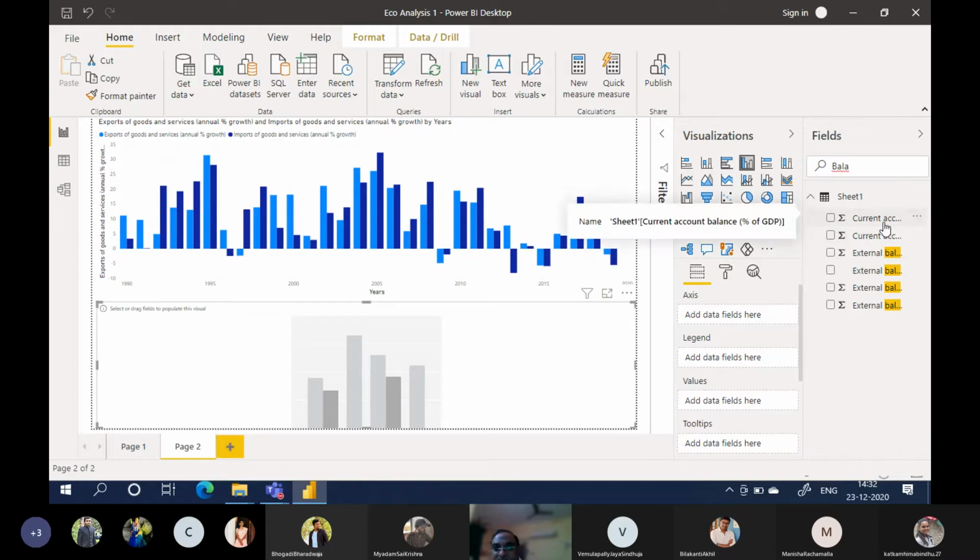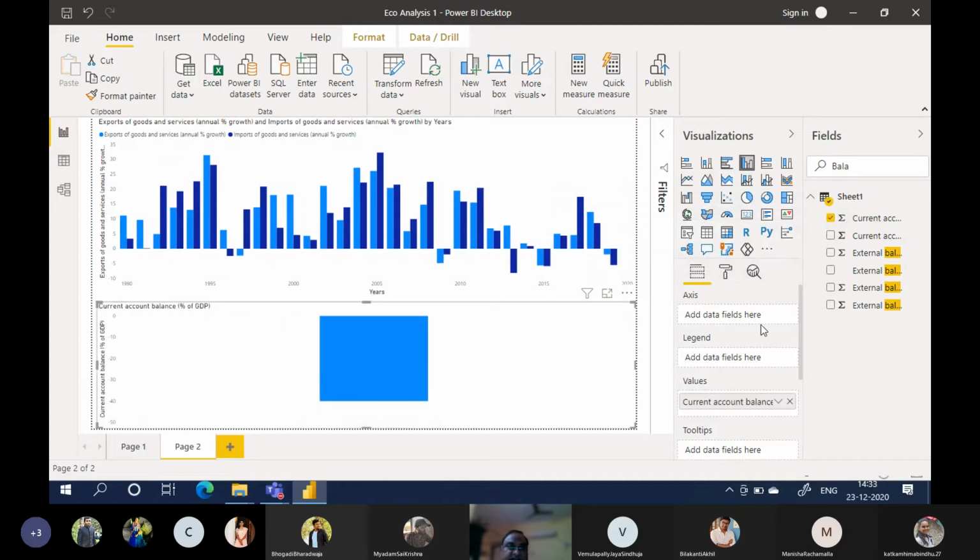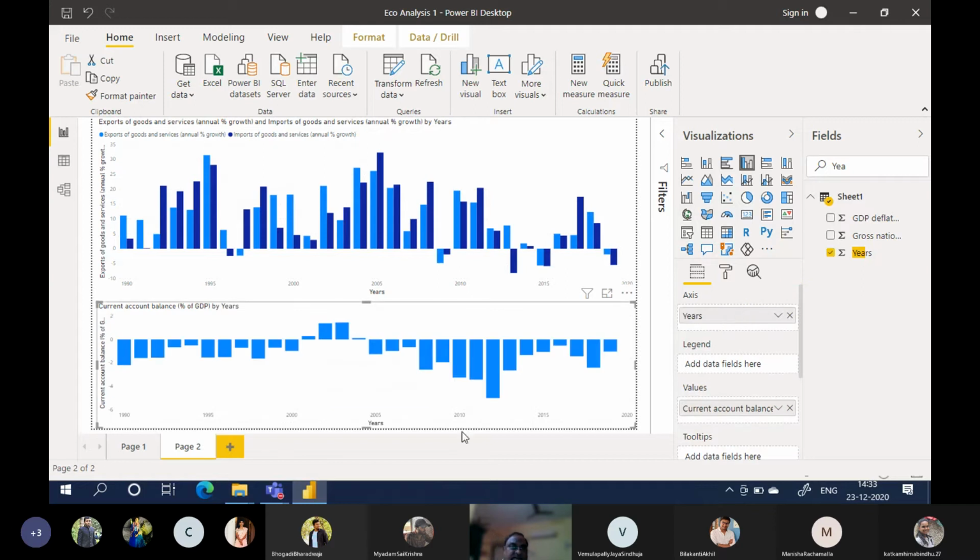Current account balance, percentage of GDP, current account balance, US dollar. So we will say percentage of GDP here. And then again, we will drag years to the axis. See, current account balance and trade. This is all about trade analysis.